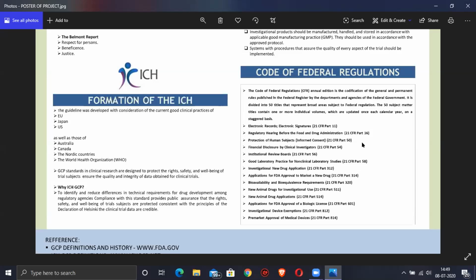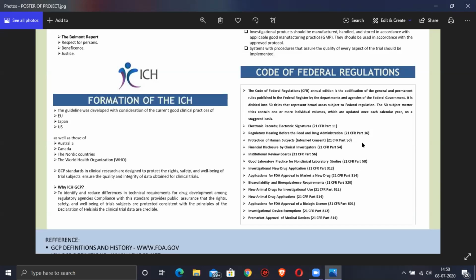Now, each and every part which I mentioned here has a long list of regulations which have to be followed in order to obtain an approval for a study, or for the pre-marketing studies of a drug, or even for the post-marketing strategy of a drug. The Code of Federal Regulations is a very important factor in governing and regulating clinical research which is being done today. And this, coupled with the 13 principles of the ICH GCP, forms the main core basis of